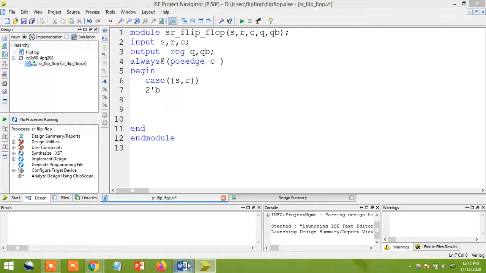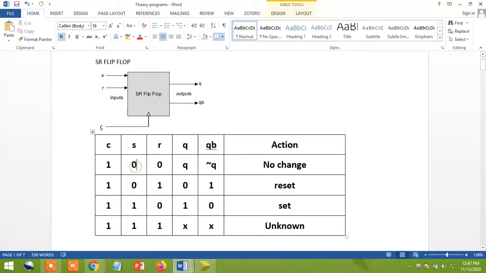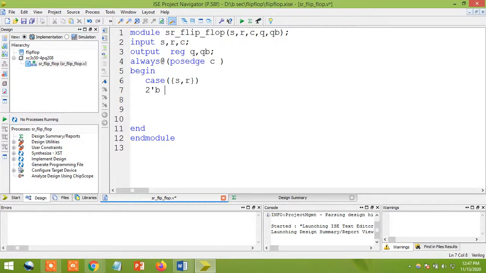You just see that in the first condition, if two binary numbers are 0 0, then Q is nothing but what? Q is nothing but Q only, right? Then how I'm going to write 2 tick b 0 0, then Q is equal to, and so after that I want to assign something. If 2 tick b it is 0 0, then use a colon here, case statement, then Q is my output, and equal to, you can use here also two operators. One is a blocking statement, another one is a non-blocking statement. I'll show both the output later part.